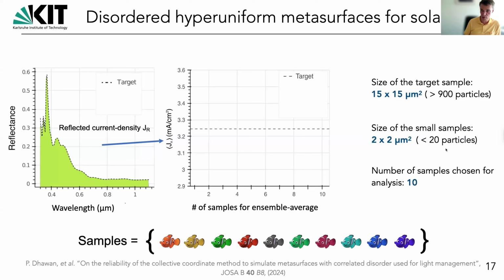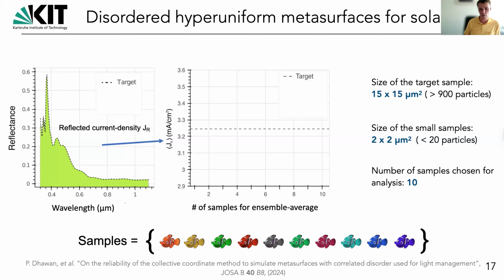So 2 × 2 micrometer in this case. This contains only 20 particles. And then we can perform 10 different samples that have all nominally the same disorder. And then we can calculate basically by a different combination of this output here. So we can calculate the sort of reflection current that we expect to be in agreement actually with this sort of reflection current from this large scale sample,